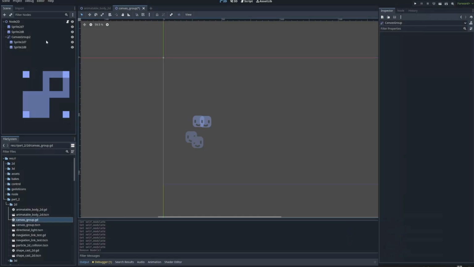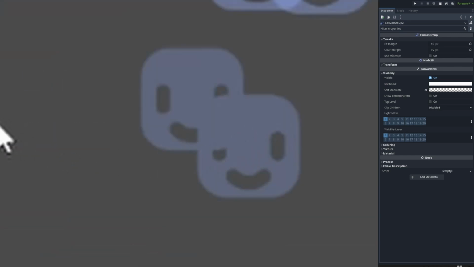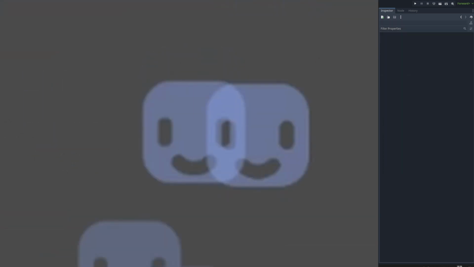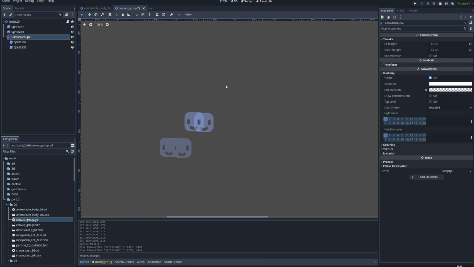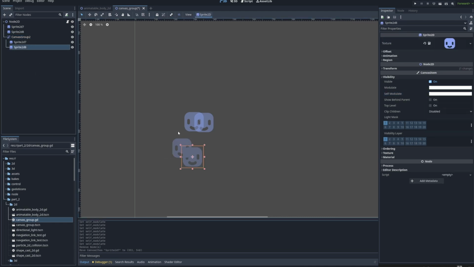CanvasGroup. According to the documentation, the CanvasGroup node is to blend translucent texture smoothly, like this and not like this, where you can see the overlapping area very clearly. To do so, you have to alter the self-modulate property on the CanvasGroup node. If you try to alter the modulate or any type of modulate properties on the individual children, you will get